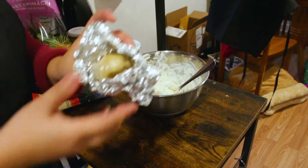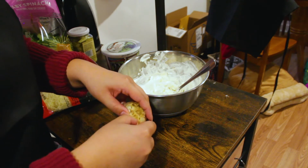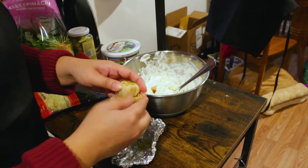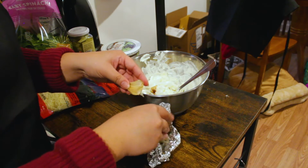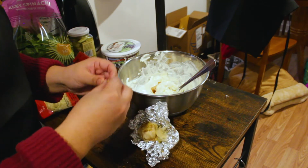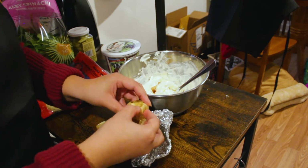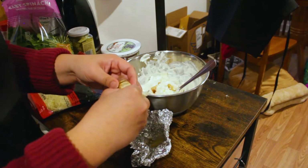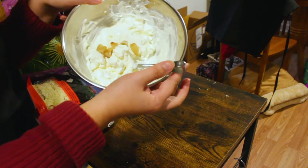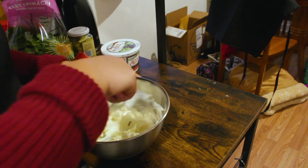So now we have our roasted garlic. Pluck one off. There you go. Throw that in there. I love garlic, so I'm gonna add a lot. Just gonna shove a lot of garlic in there. So once your garlic is ready and all roasted, you can take some cloves of the roasted garlic and add